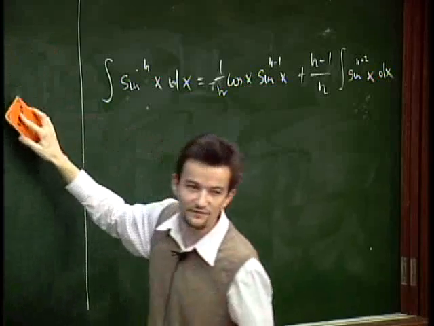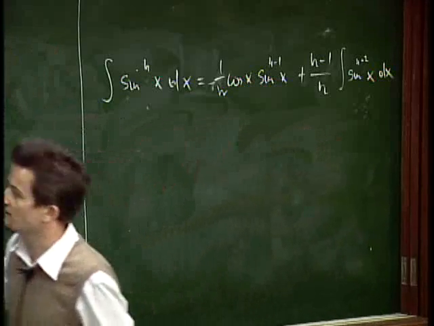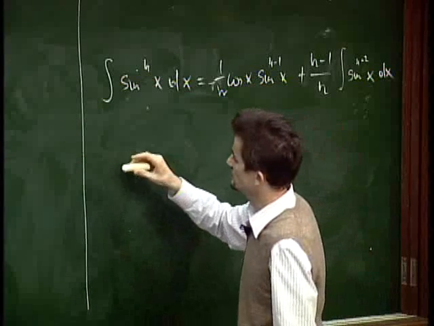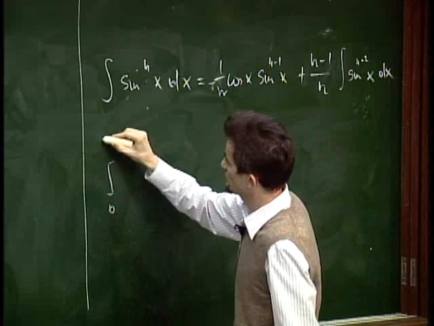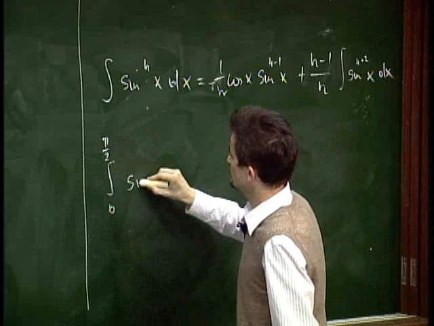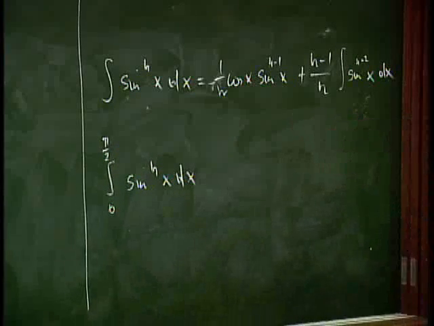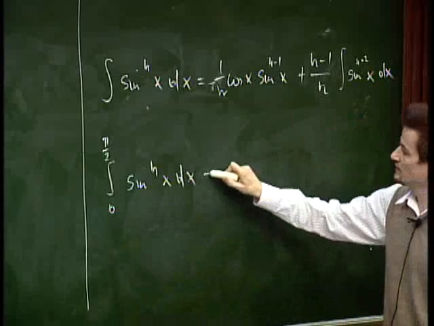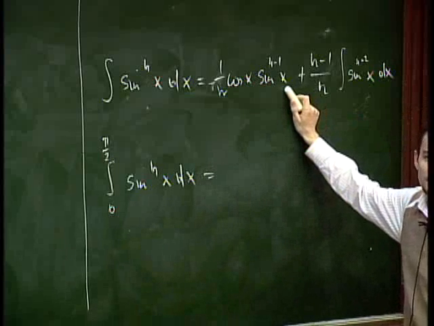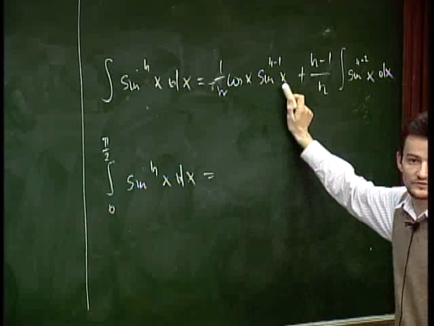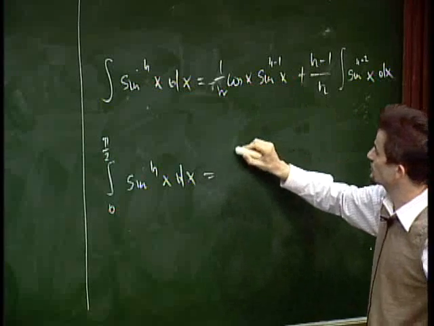Because I haven't talked about definite integrals yet, so this is not a definite, this is an indefinite integral. So you have here the integral from 0 to pi half of sine to the n of x dx. If you choose this special case, you have to evaluate this at pi half and 0. At pi half the cosine is equal to 0, at 0 the sine is equal to 0, so this will drop out. And what you get is